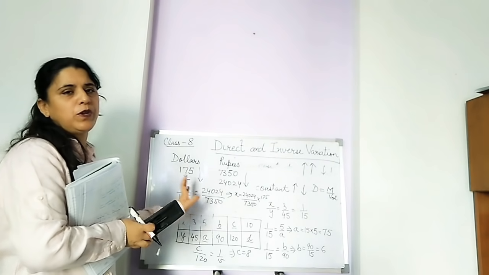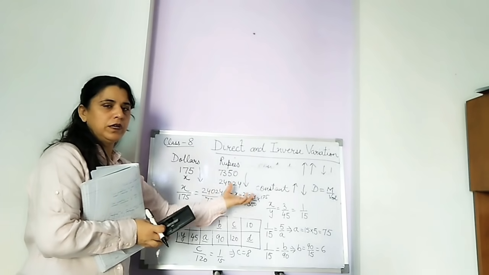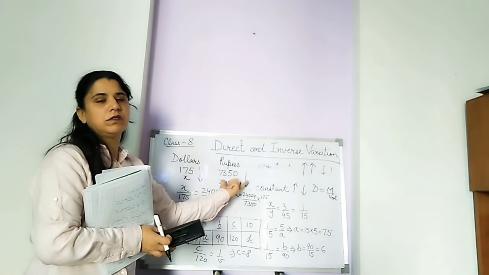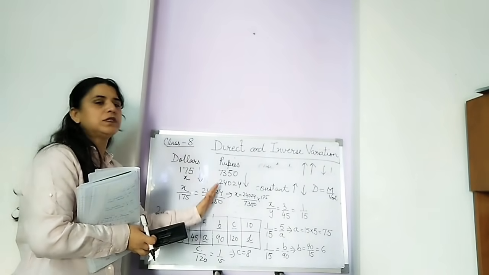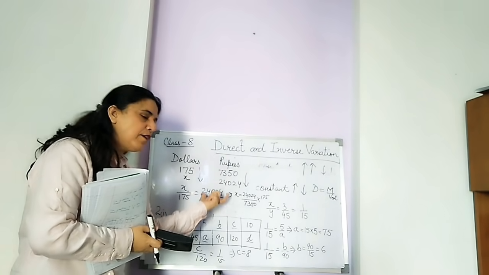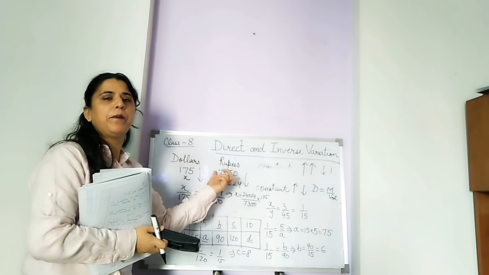Only the last statement you can write in the answer statement, that these many dollars can be bought for rupees 24,024. There is no need for any statement. So this is the best method. When it is direct variation, both arrows go in the same direction. Head upon tail is equal to head upon tail.